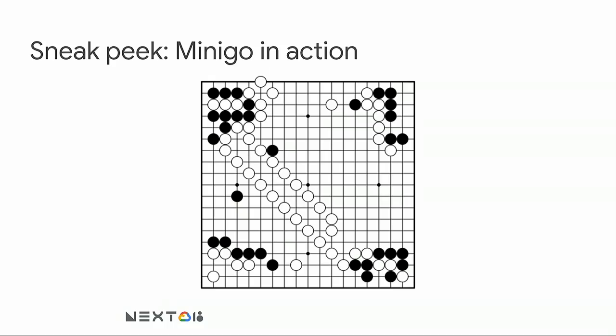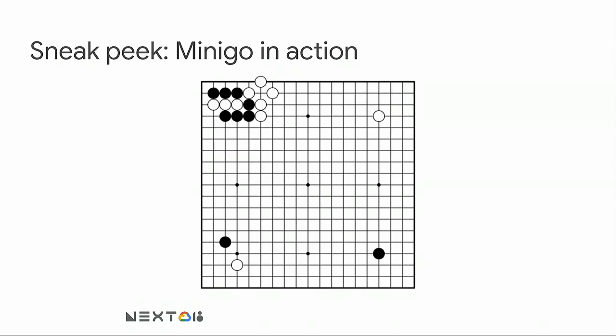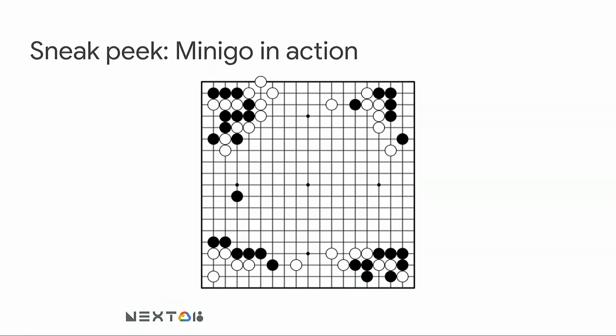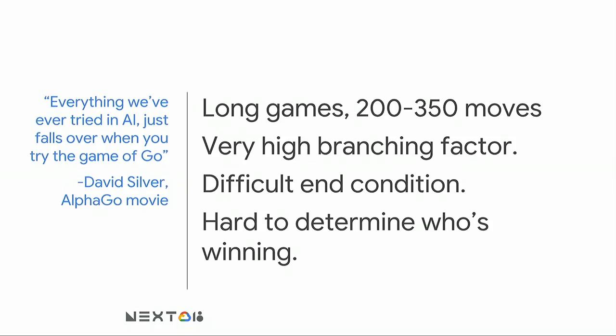But it's an example where Go has a very long horizon effect, where the result of that ladder could decide the outcome of the game, and it may require looking 80 to 90 moves ahead. And so why is that hard? A ladder is a great example of a game where even with a branching factor of only 2 moves for each of those cases, you're already looking at 2 to the 80th, excuse me, possible positions. So that very high branching factor makes things really difficult.